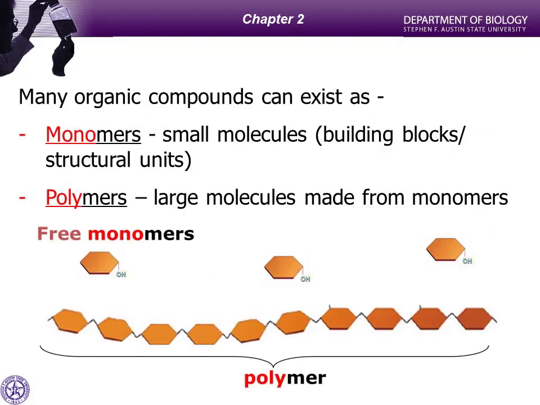So as we look at these organic molecules, in almost every instance, we're going to have four big categories of these molecules. Carbohydrates, proteins, nucleic acids, and lipids. In almost every one of those categories, we are going to easily see that they are put together as building